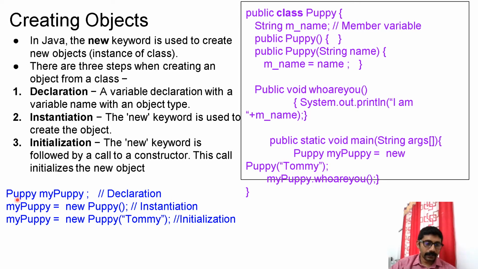So this is the syntax. If you are giving just Puppy myPuppy, you are not creating any object, you are just creating a reference variable named myPuppy. Once you create the reference variable, you can store an object: myPuppy equal to new Puppy. So one object is created and stored here. Note that at this point you haven't initialized this object with any particular value, but if you want to initialize it, then you can use this syntax: new, and within parenthesis you can pass a string or whatever. In our case we have a constructor which is accepting a string, so pass that string. So the object is created and it is updated with a value.